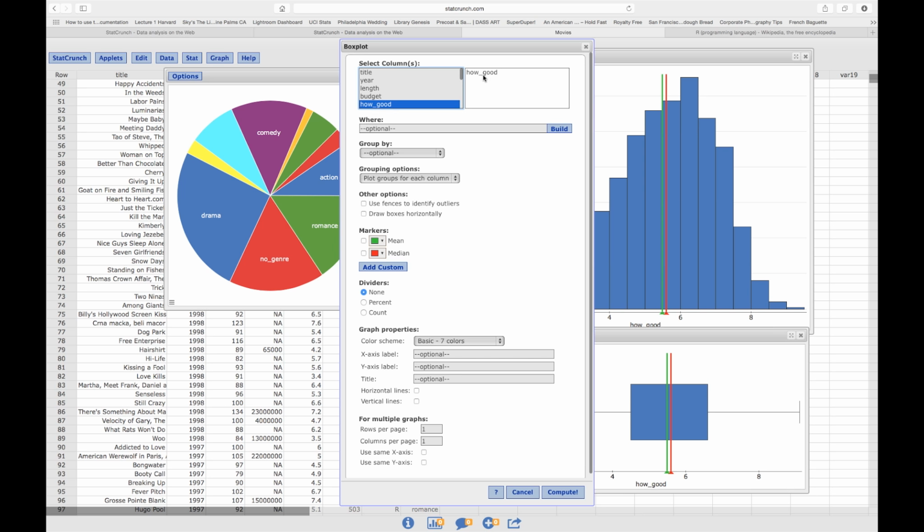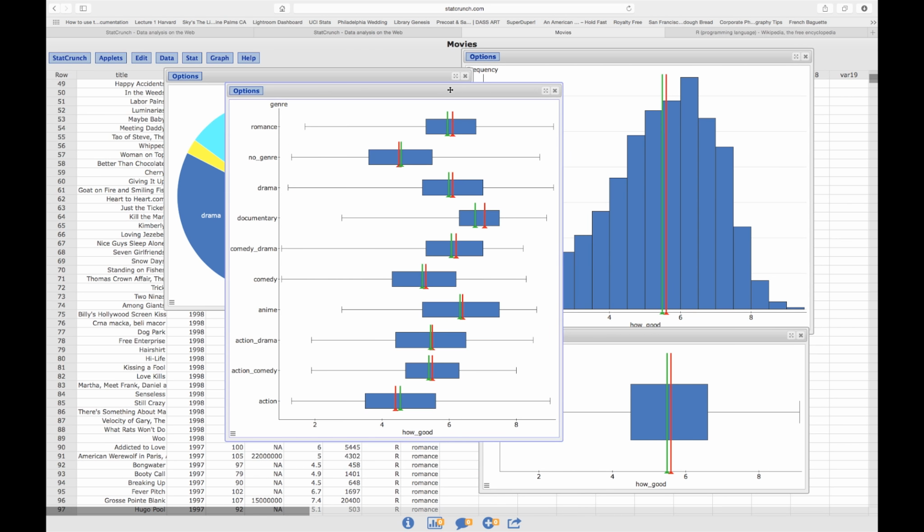It's quantitative data, right? This is categorical, so you won't even see the genres here because it's not the type of data that you would use for a box plot. Okay, so you want to take how good the movie is, and you want to put them in groups. You want to take the genres and create box plots and find out how good they are. And then we want to draw boxes horizontally, and we want to draw the mean and median. And let's see what happens. Aha! Wow, what a big difference